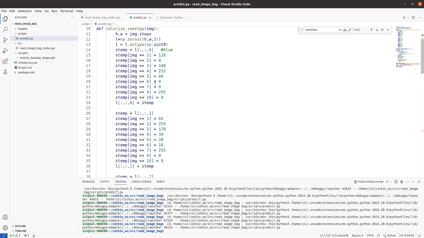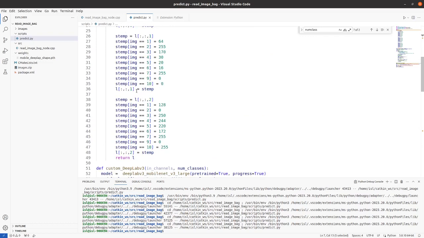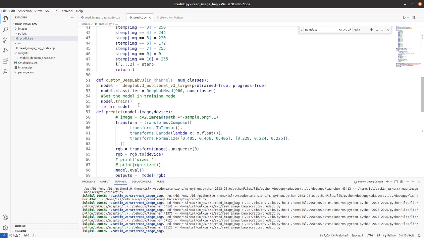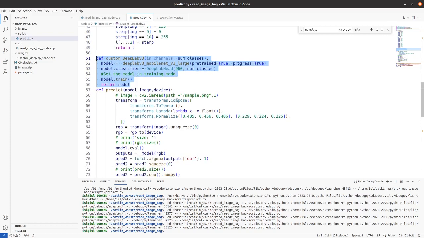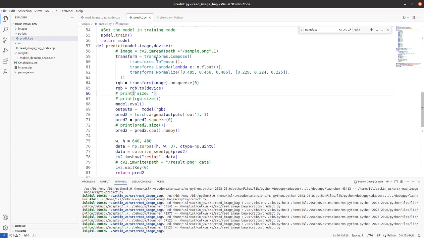And this is the function for us to label the mask files with the numbers of the class. And that is how we load a model. This is a function to